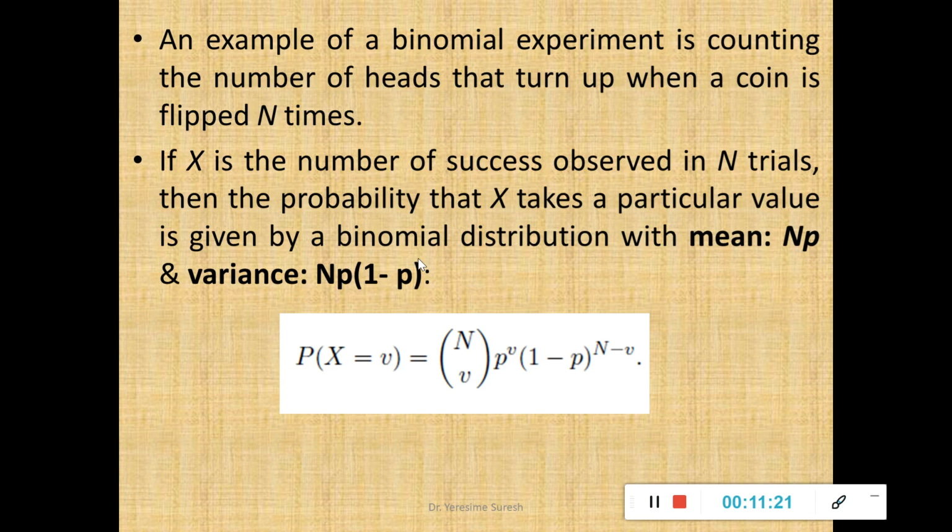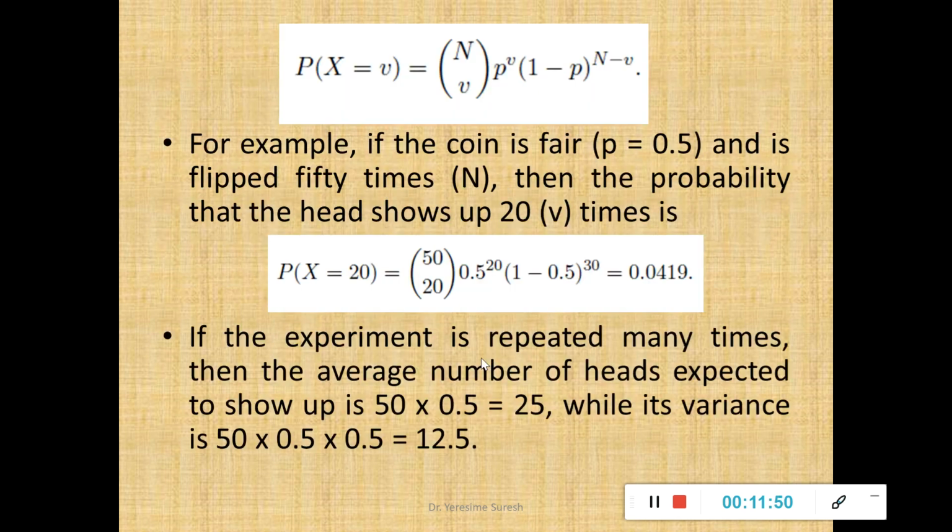So what is the binomial distribution? The probability that x is equal to v. Here v indicates the number of times the success value occurs, the number of times head turns up. N is again the number of trials, p is the probability, v is again the value of how many times it appears, 1 minus p we know, n minus v you know. So you need not worry about the derivation for the binomial distribution with respect to the given event. You can directly note down this equation and we'll try to solve it.